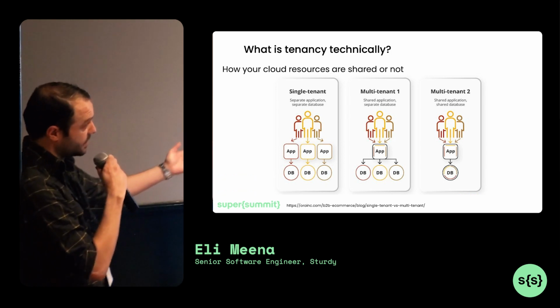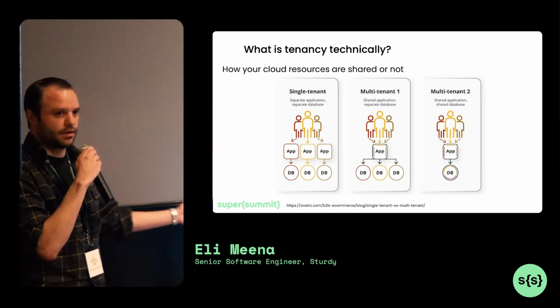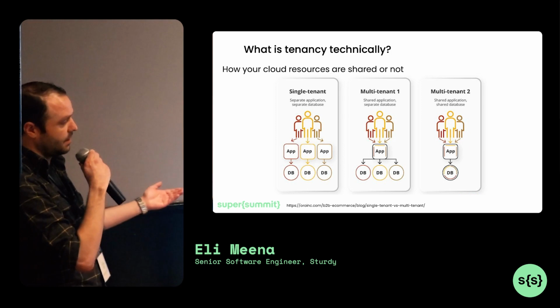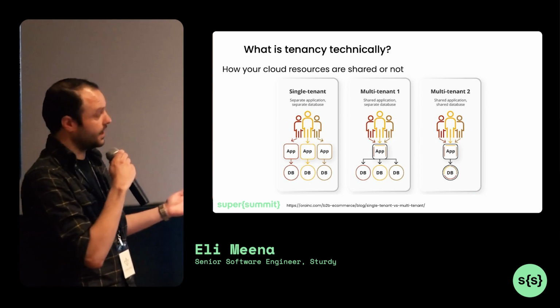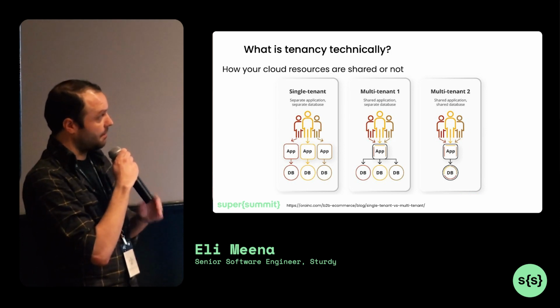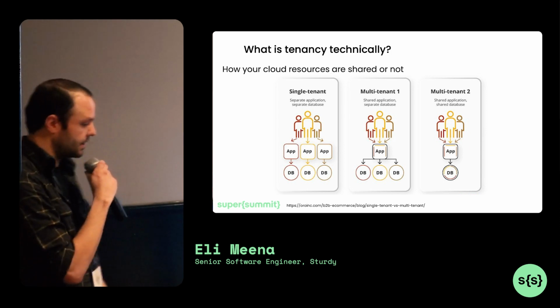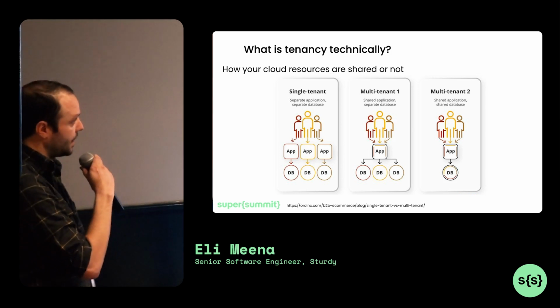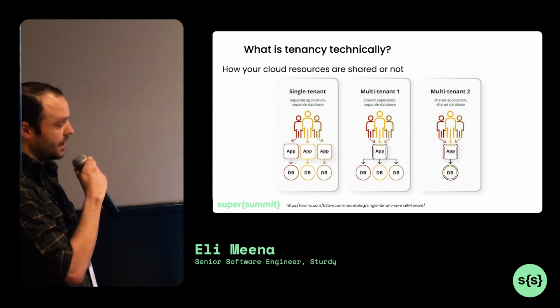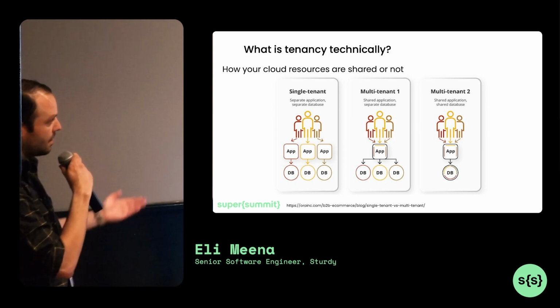So here on the left, obviously we have an app. We got some compute resource out there hosting an app and a database as well. And each of these are dedicated solely to one individual customer, one individual tenant. For the middle, they call it a multi-tenant, but I think it's more of a mixed tenant. It's not truly multi. You see that they share the app, the compute resource, but they have their own databases,